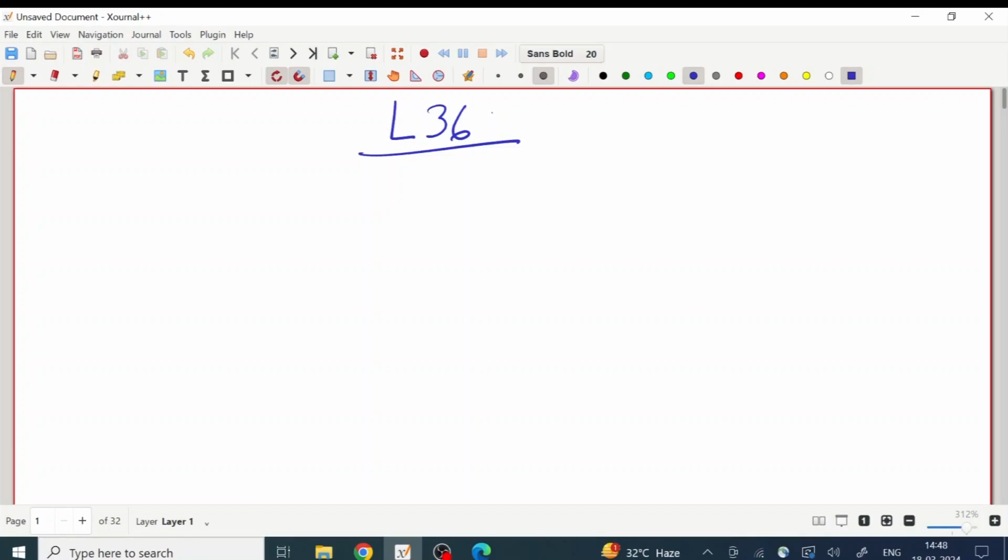Okay. So, we will continue the Hamiltonian formulation in this lecture 36 of classical mechanics 1. In the last lecture we constructed the Hamiltonian and saw the canonical equations of motion. In this lecture we will see the advantages and the differences from the Lagrangian formulation